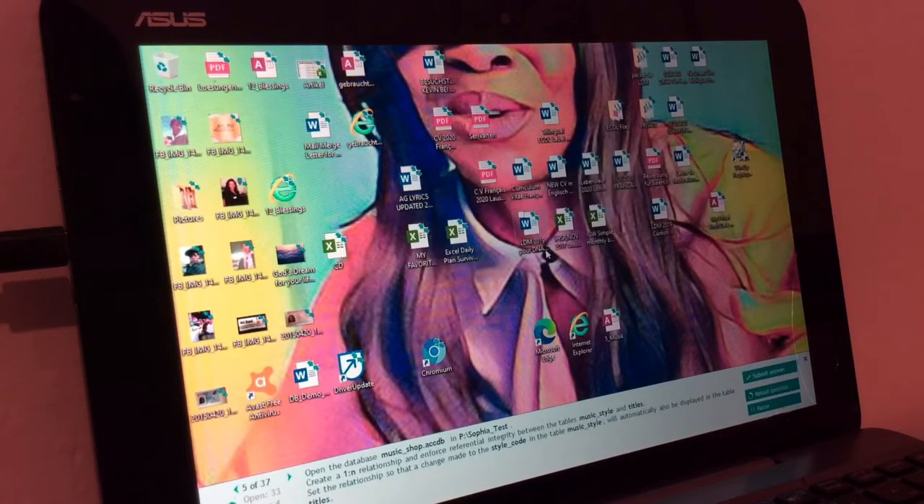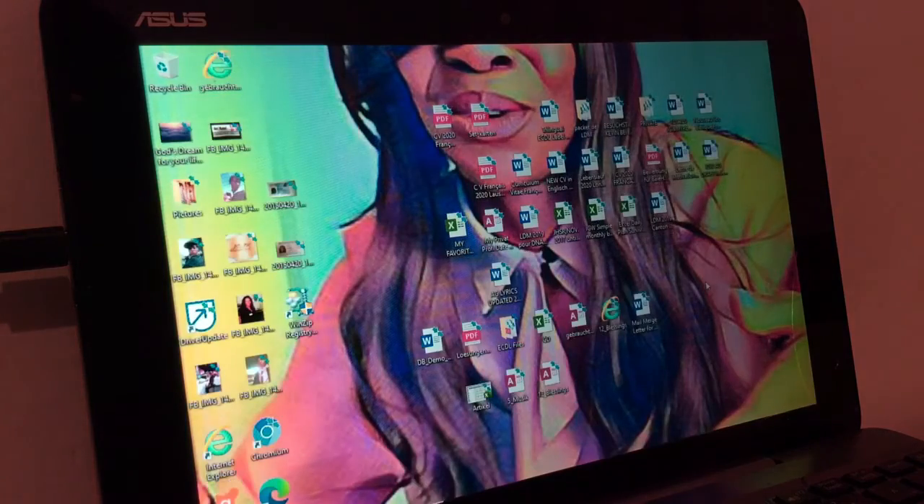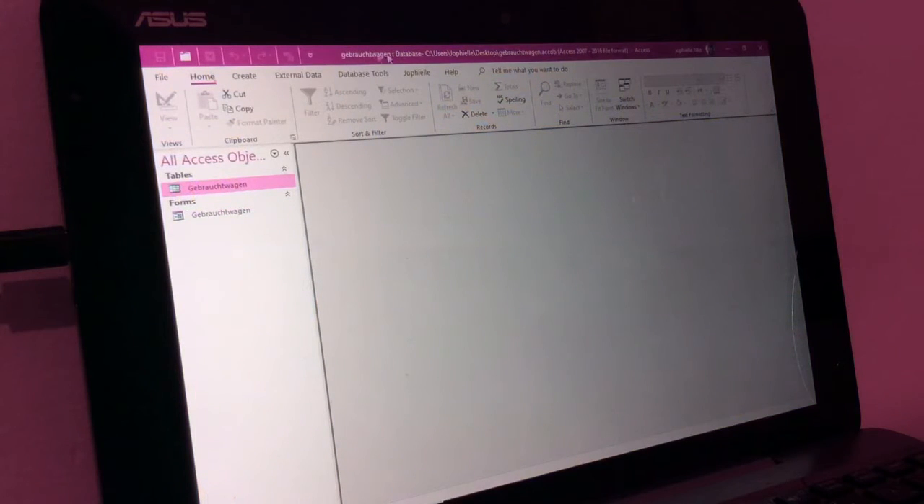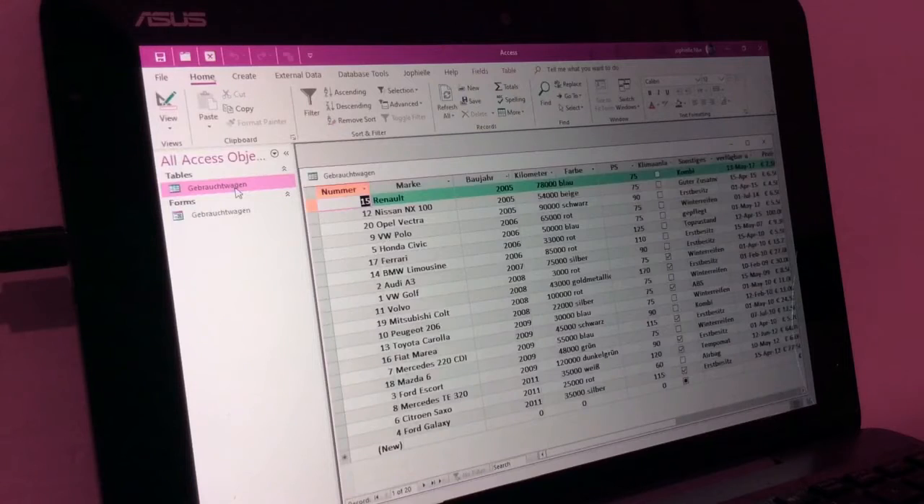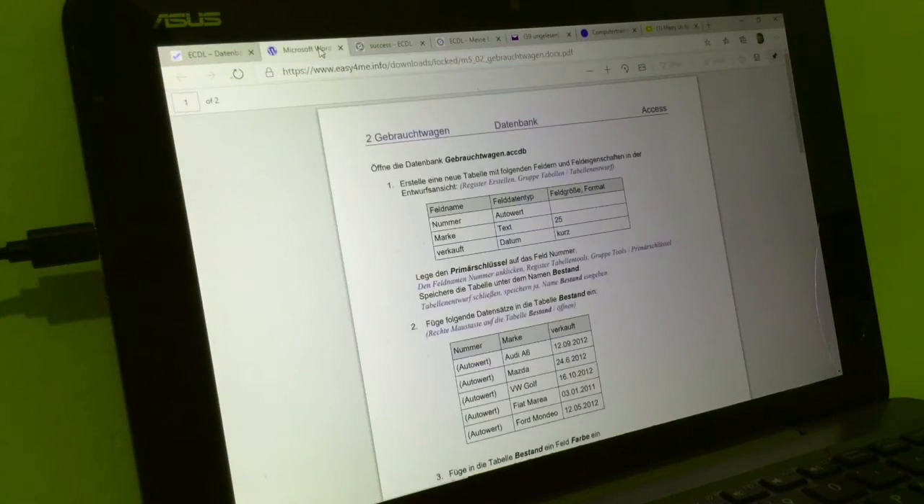Pause the test. All right, and let me open another Access document, the one we opened before, called Gebrauchtwagen discount cards. See, Gebrauchtwagen, I open it. So here, this one is open, Gebrauchtwagen database. It's working. So let me close this table again, and let's go back to the instructions of our ACCDB